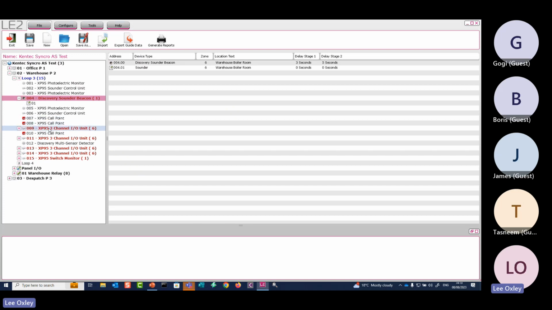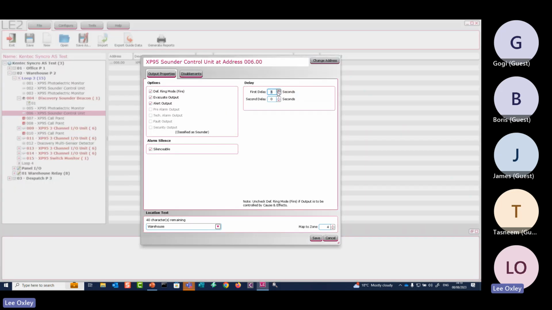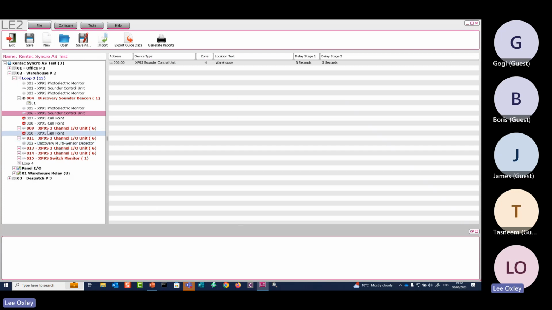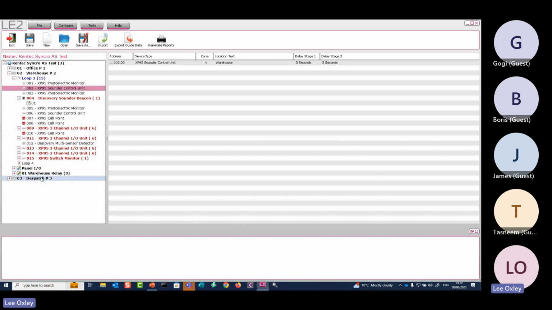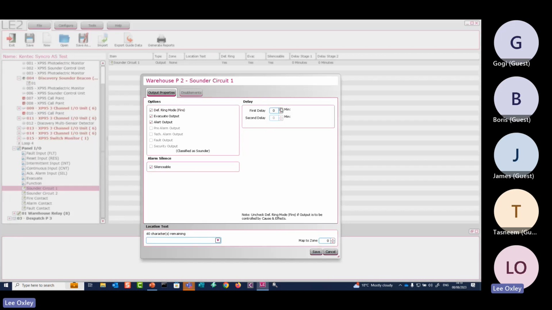What else have we got? What, the only sounder I've got? Oh no, there's one here, look. So yeah, you've got to select all your sounders that want to be part of this delay. Okay. I think that's it. Oh, I've got a sound control unit there. So all my loop sounders are set, and I need to go on my panel sounders on this panel, the sounder circuits. Once you've uploaded this back to the panel,